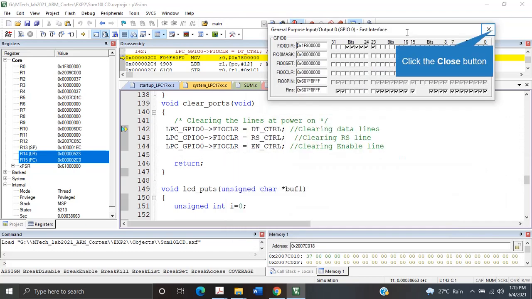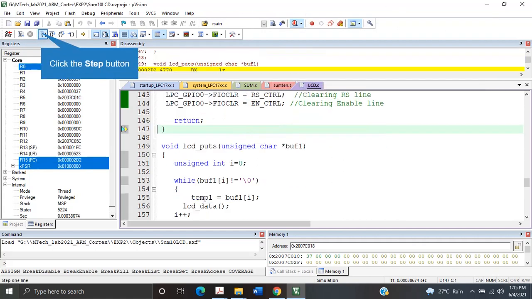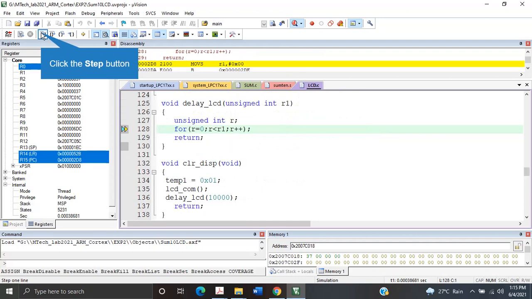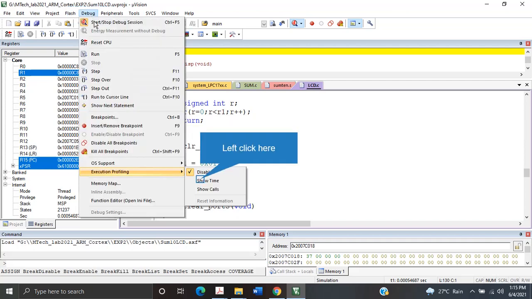I don't want to showcase it in a stepwise manner, I will just run through some steps. What happens is you are clearing ports, then some delay happens over there. It is a delay, and hence I have to wait till it becomes enabled again. Okay, so it is run, and you want to note the delay as well.